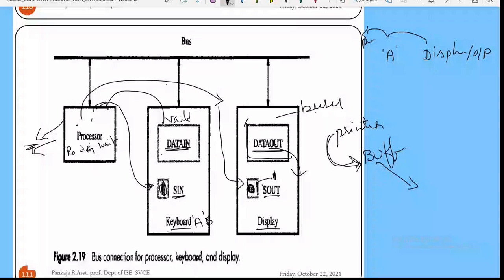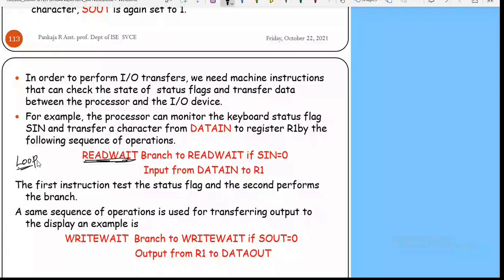Branch to read wait: branch means it is going to jump to the statement with the label I'm specifying here. Branch to read wait if SN, the input status of the input device, is 0. That means it will keep on waiting as long as this flag is not set to 1. This is a looping statement.